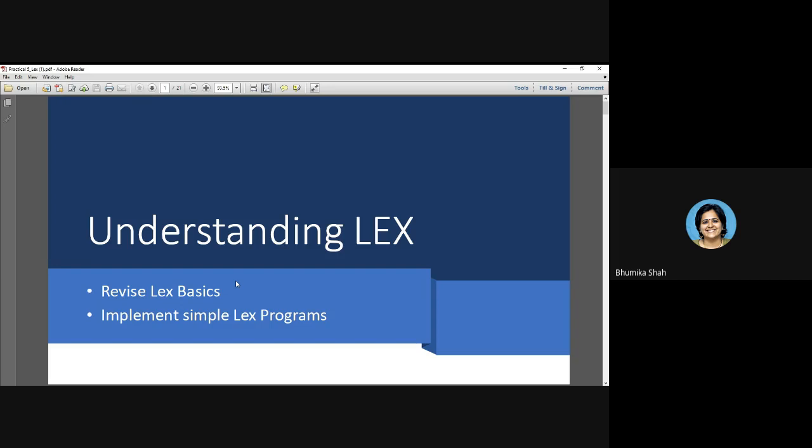Before I start with the content of Lex, let us first understand what Lex is and why it is used. While studying compiler design, our focus is on implementing each and every phase of a compiler as much as we can.